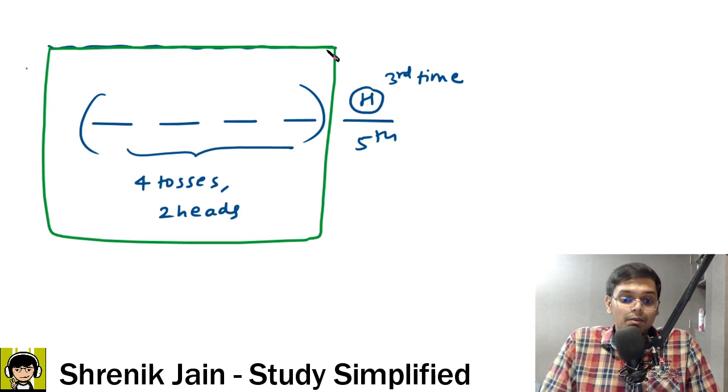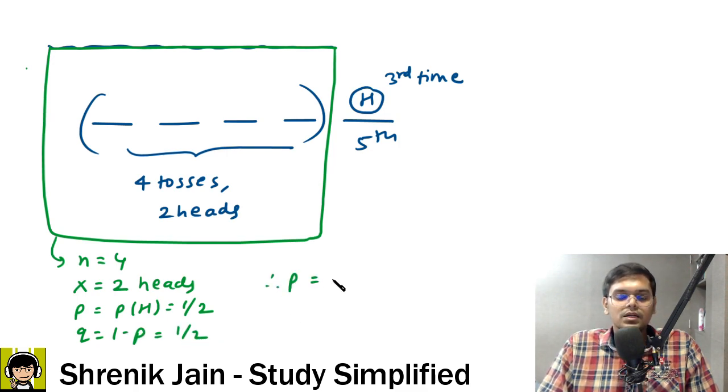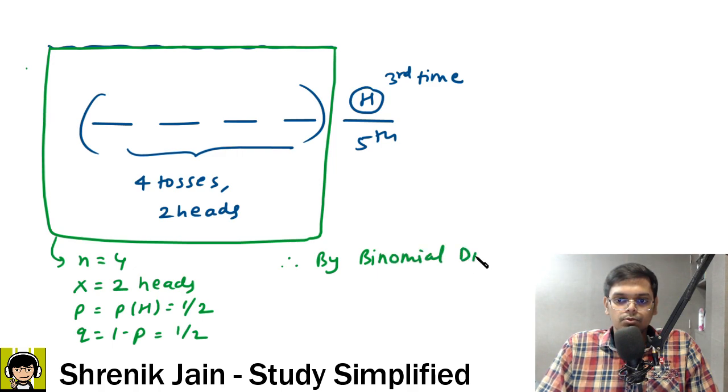Sir, you can use the binomial distribution concept. You can say here, number of trials is 4 tosses. Your requirement is getting 2 heads. So, probability of getting head for 1 toss would be half, because this is a natural coin, and Q would be 1 minus P, 1 minus half, which is half. Therefore, by binomial distribution, I can say